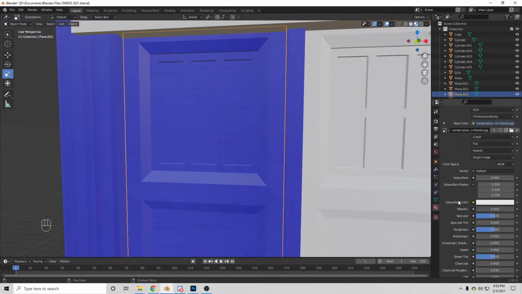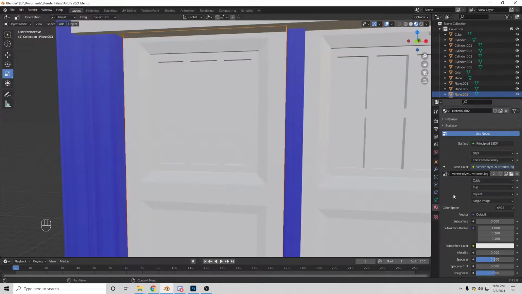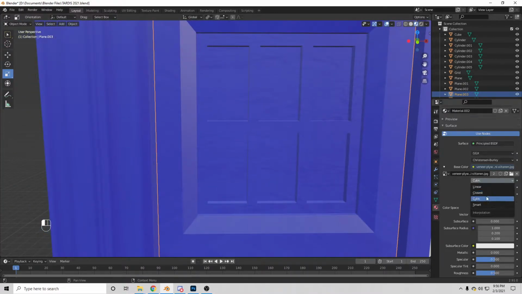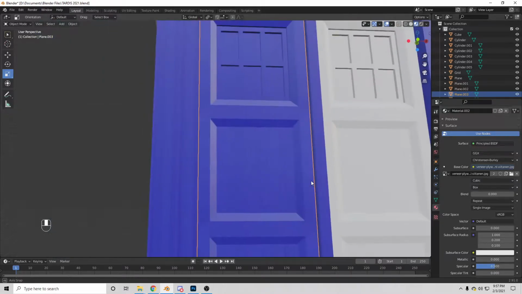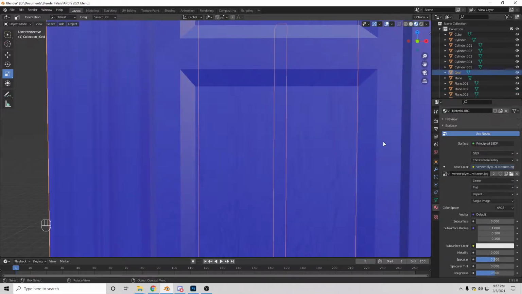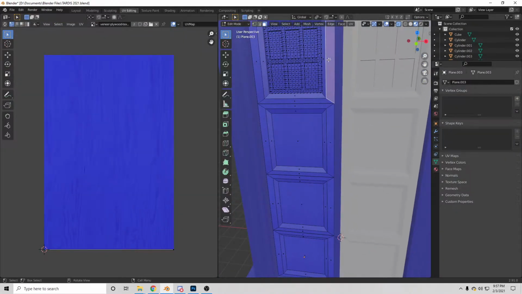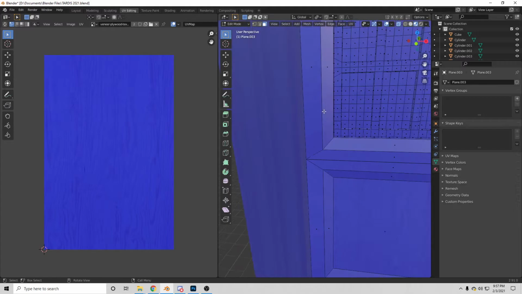So what I want to do with this one is see what happens when I do cubic. Oh, doesn't really do anything. Let me just try something else real quick. Box. Because, now let me try UV editing in this one. So if I select all of these faces right here,